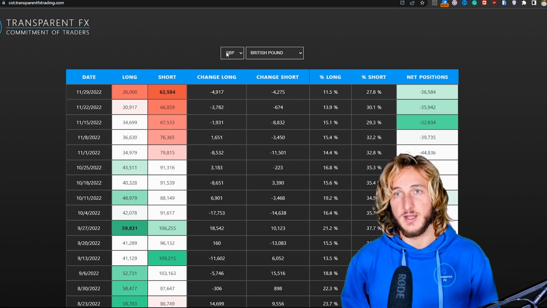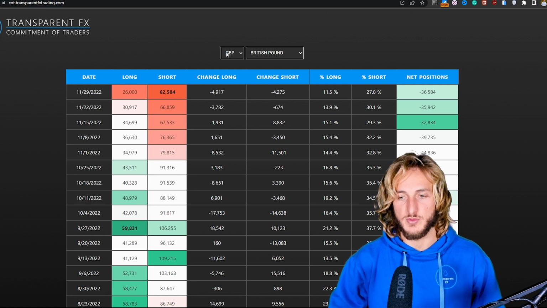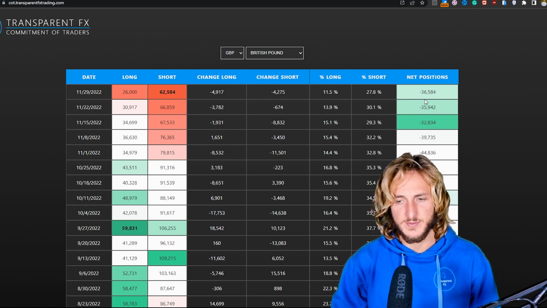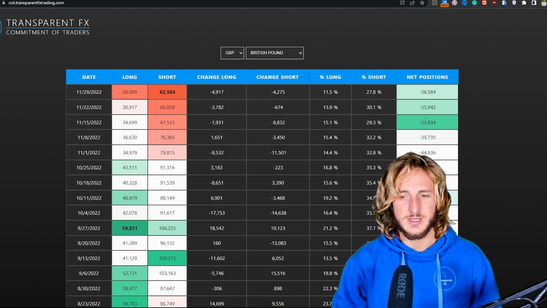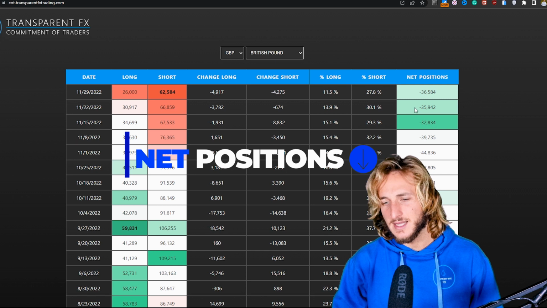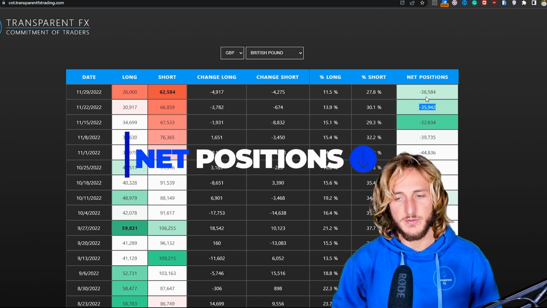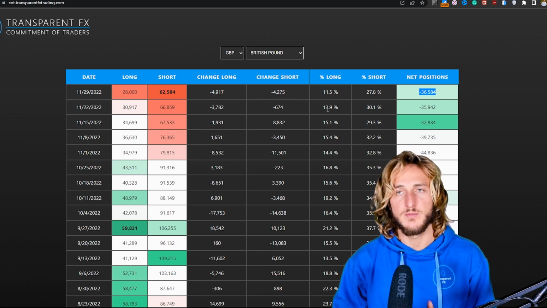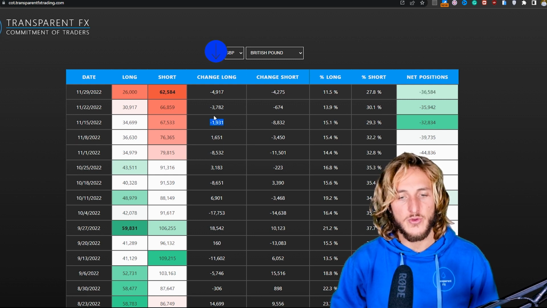So if you're checking the data for the GBP, you are already checking GBP USD. And if we check the data here, we can see how with the last reports, overall net positions have slightly started remaining the same, but slightly getting decreased. We went from minus 35k to minus 36k, so not a big change, but anyway, it's important to point out that it's already 3 reports in a row